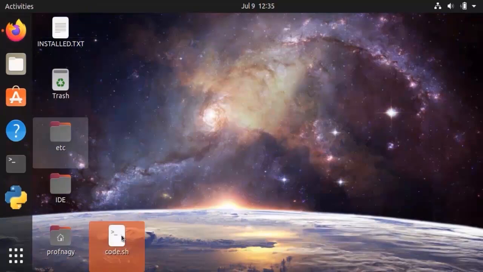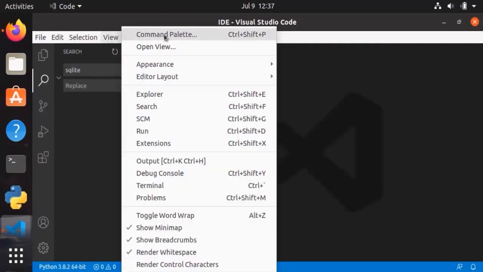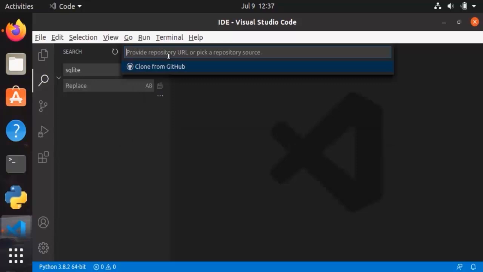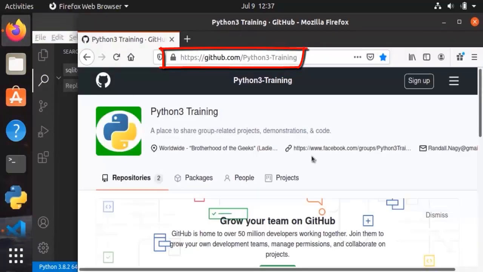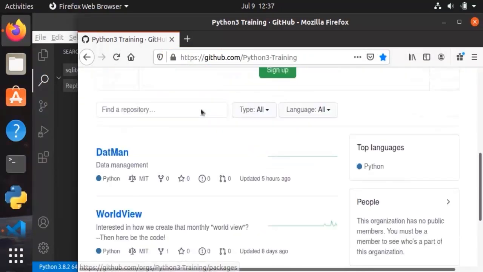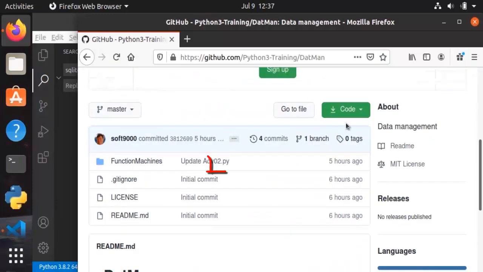And now we can go back to VS Code, view the command palette so as to clone our repository by selecting the now and newly available git clone routine, asking to provide our familiar URL now, and switching over to the program, we'll go ahead and simply clone my Python 3 training opportunity that I put up there today called DatMan,